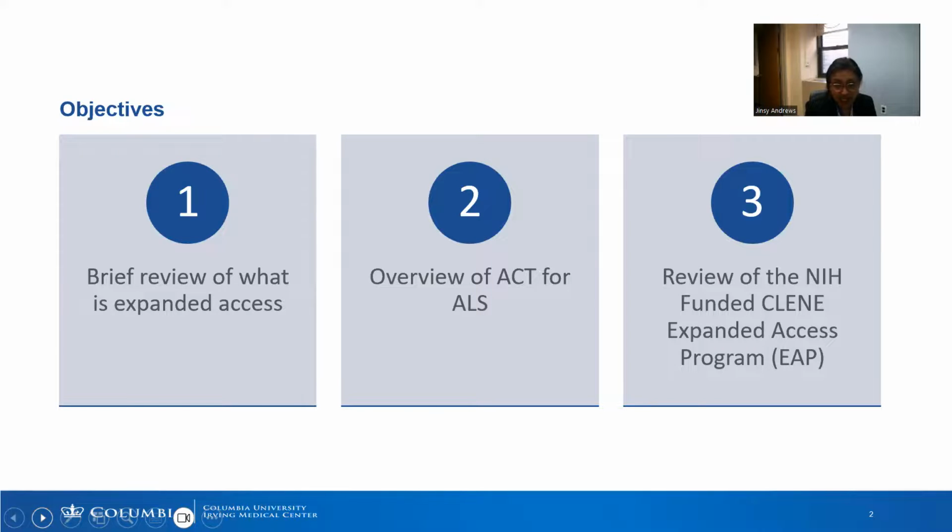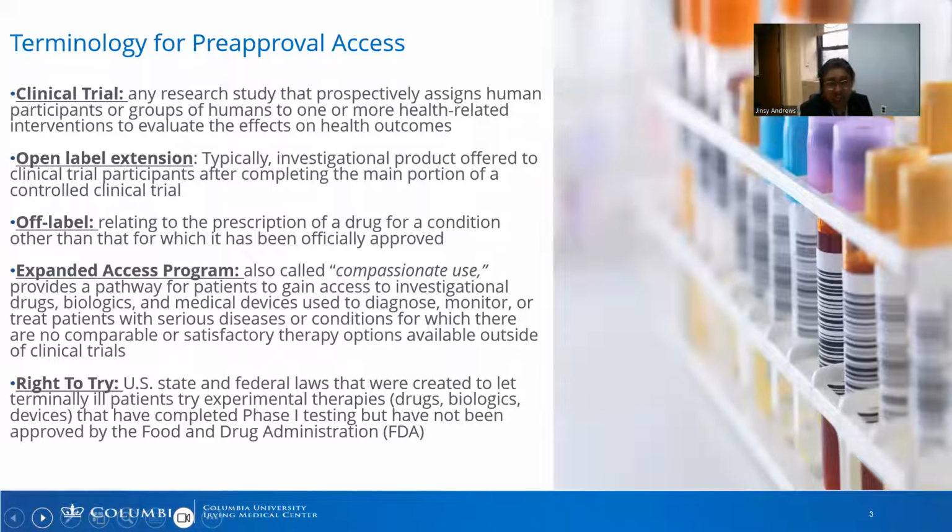If you go to the next slide, the first thing I wanted to talk about is terminology, because in the last few weeks, as I've been doing clinic and speaking at certain functions, there's been some confusion about the terminology. When you're getting a drug before it's FDA approved, that's considered pre-approval access. And that can be confusing in and of itself. A clinical trial is the most common way in ALS where people get access to drugs before they are approved by the FDA here in the United States.